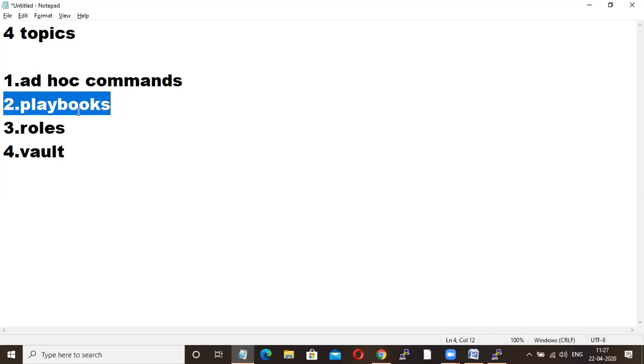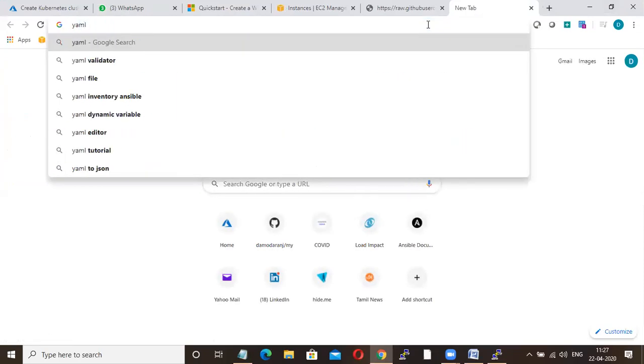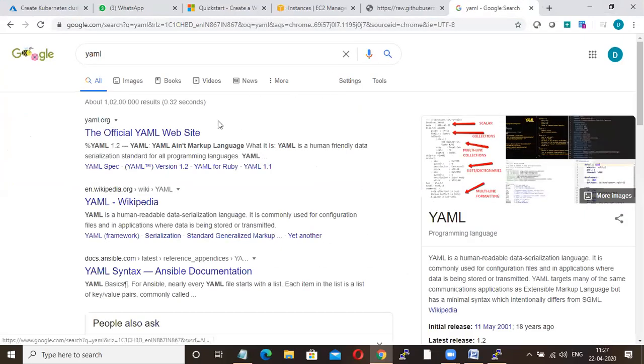Playbooks will be in .yaml format. YAML stands for YAML Ain't Markup Language. So now using Ansible, we are going to perform multiple activities.